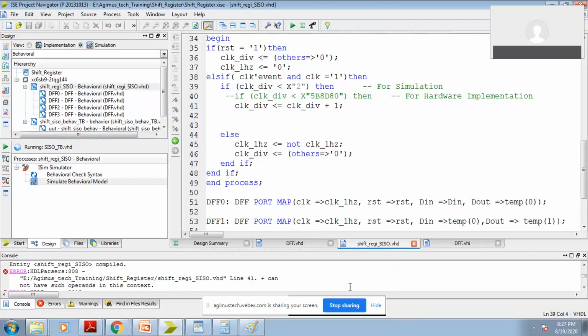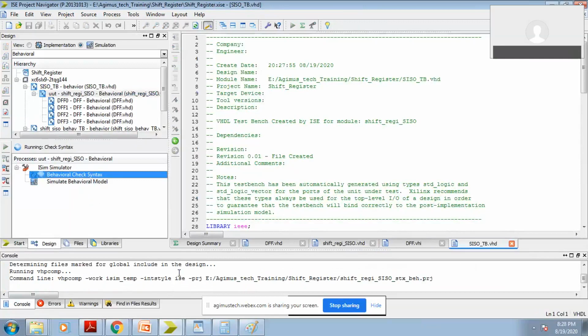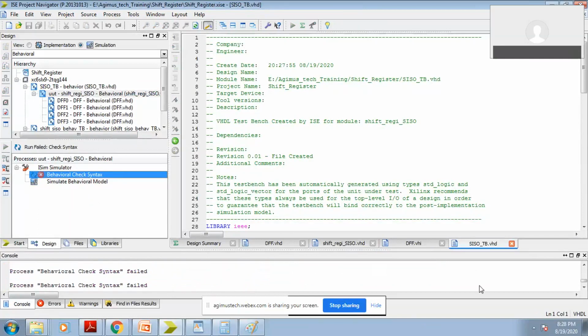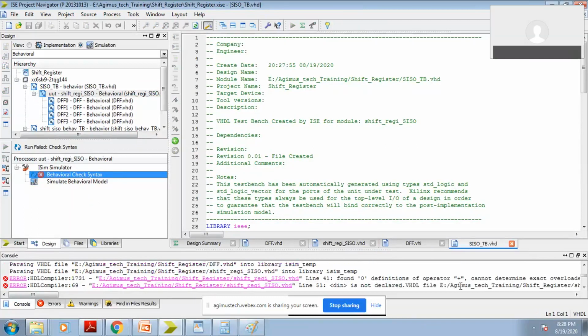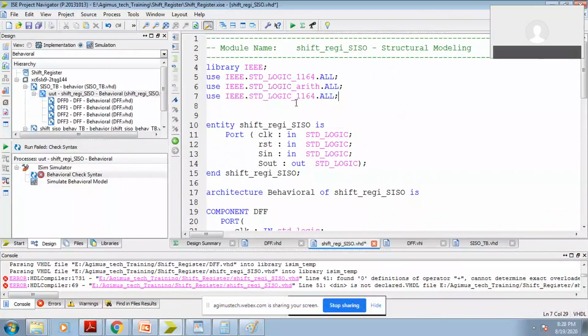Yeah, there is some error we have got. We are not using the packages related to that, so I have to use them.